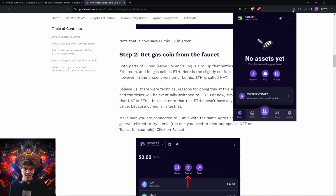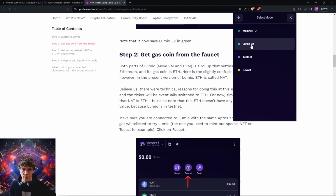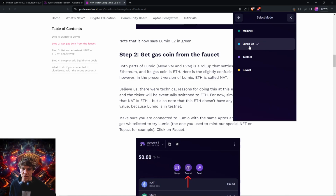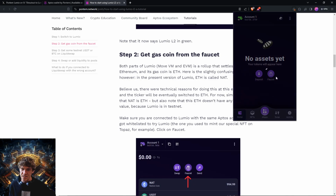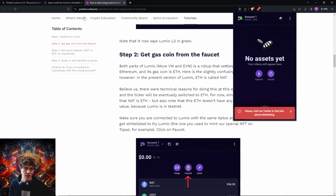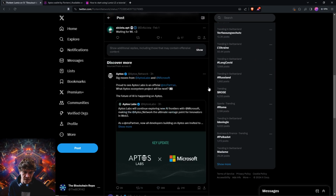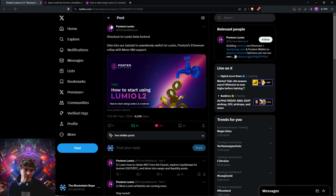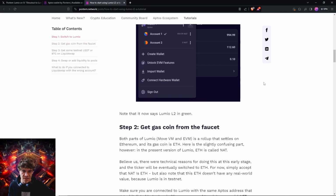And since this is a testnet, we can go ahead and switch this over to Lumio L2, right up here where account. You click on this little network right here and you can switch. So we can go to Lumio L2 and then click this little icon right here. Oh. And it looks like you need to be whitelisted. Dang. That's okay. I'll still kind of cover this. If you're able to get whitelisted,